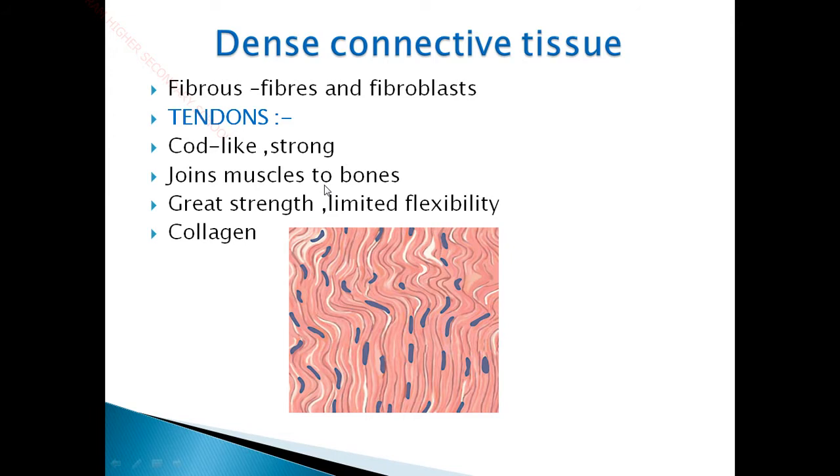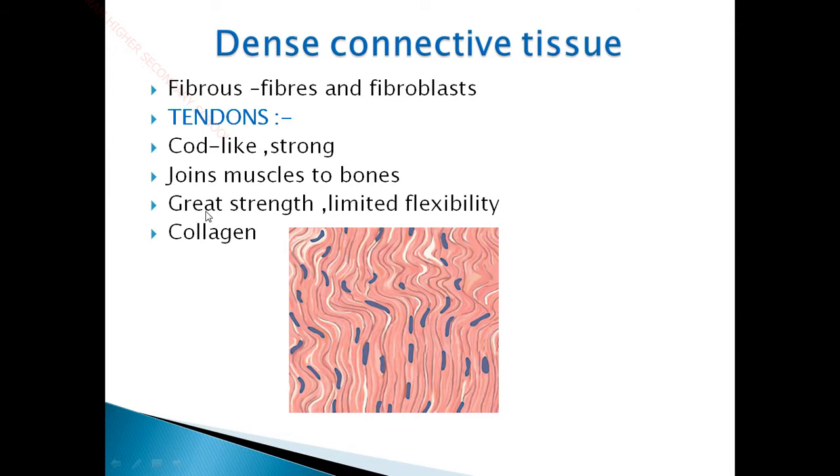Children, have you ever imagined how our muscles and bones are connected? Imagine if there were no tendons, how our muscles and bones would be. Our bones would be separate and our muscles would be separate. So can we have a skeletal framework without tendons? Tendons form a basic part of our dense connective tissue which joins muscle to the bones, which gives the skeletal framework of our human body. So tendons are very important connective tissues which give framework to our body.